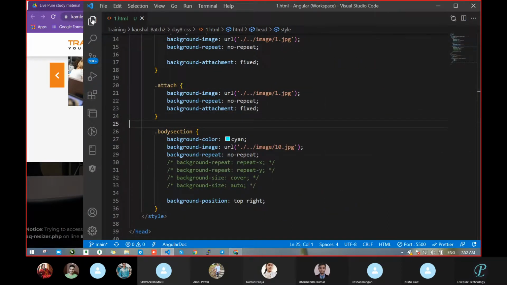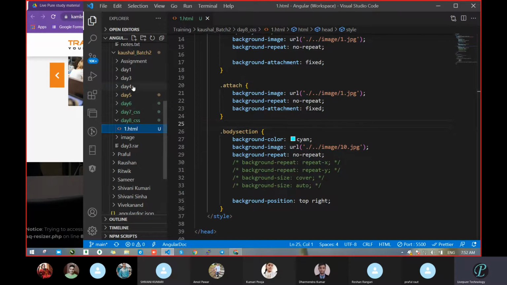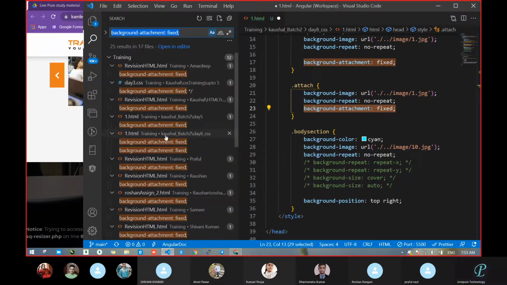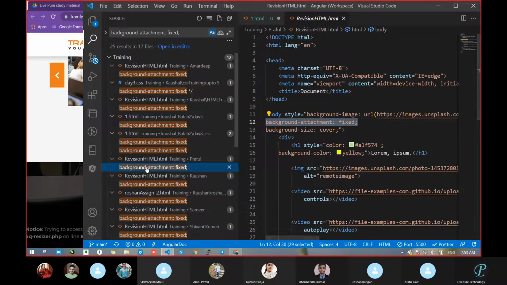I think somewhere I had written this code in this batch itself. Wait. Because that text should be required something. But I will verify globally. With the help of Ctrl Shift F, when you select this complete text and click Ctrl Shift F, you can search whatever you want globally. You will get the exact code wherever we had used it. See, this many sections they have. How many files? Total 12 files came. Now see, background fixed here is also there.